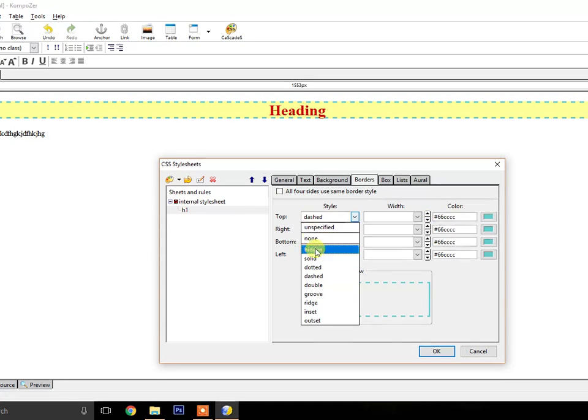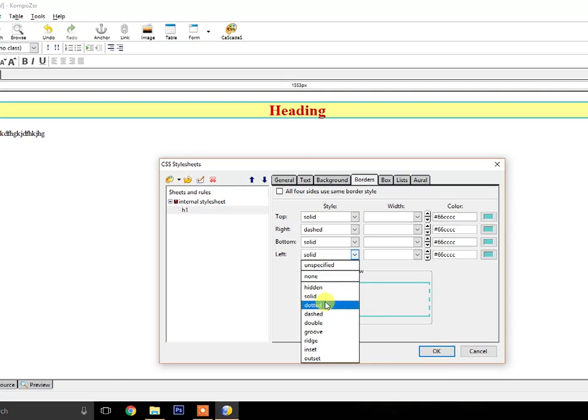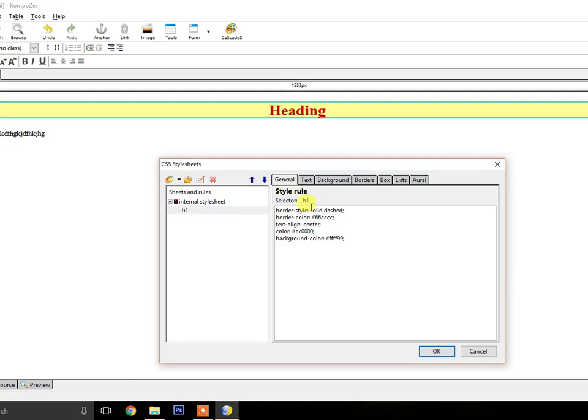Oh sorry, it is inverse. Solid, dashed, solid, dashed. So you see here it is dashed and here it is solid. So now you can apply anything over here, and CSS will automatically generate your code. You can see these are all our declarations coming over here.